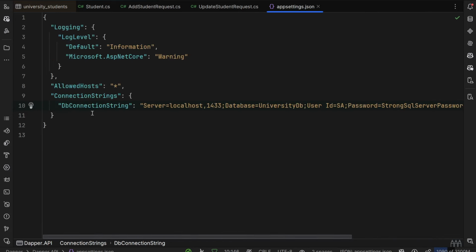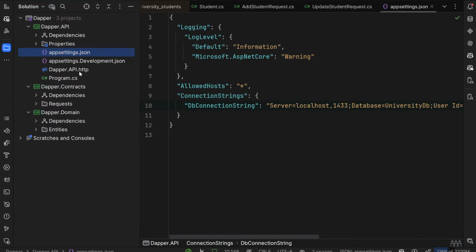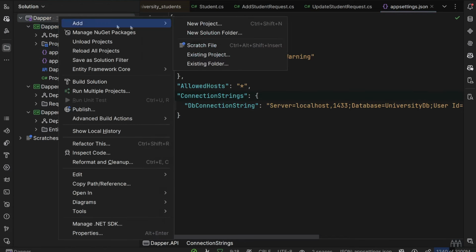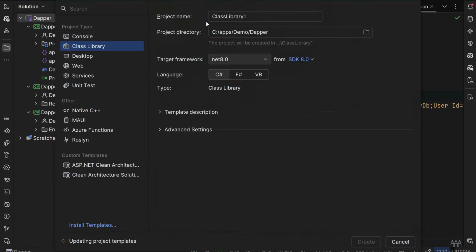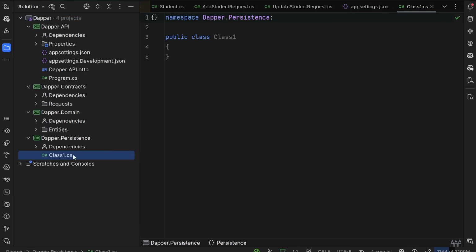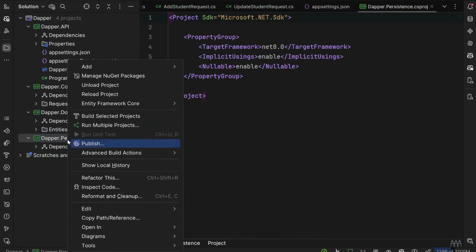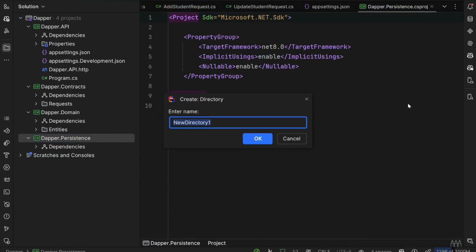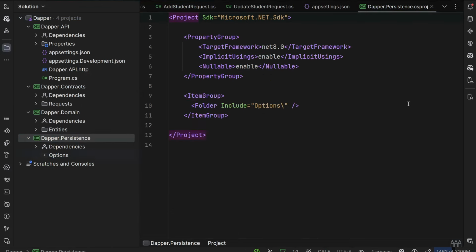We have our DB connection string in place in our appsettings JSON file, and now we'll create the persistence layer, and in here we'll create the options class, and then we'll assign this to retrieve this specific DB connection string in our options. So I'll just create this new layer where we'll keep our generic repository, so called Dapper.Persistence. Remove this class, and at first we'll just create the options directory,